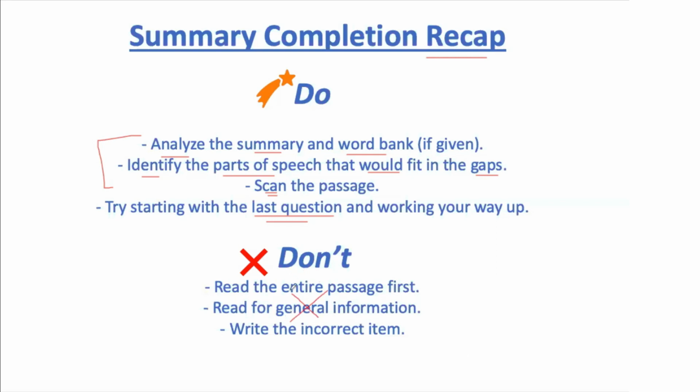And also, this is very important, don't write the incorrect item. It would be such a shame for you to have gotten all the answers correct in theory and then have written something incorrect. So for example, in our passage and for our question, we had to write letters A through I. And so you have to write those letters, not the actual word like descriptivist. And this seems like a silly error, but a lot of students fall for it because they see words and they don't read the instructions. So make sure you're clear about what you have